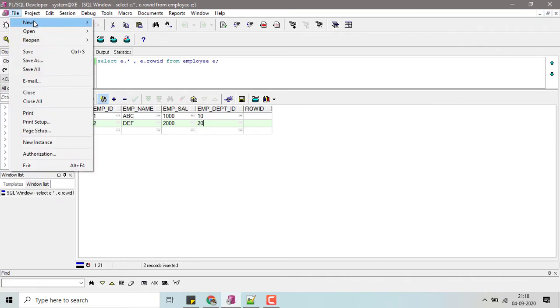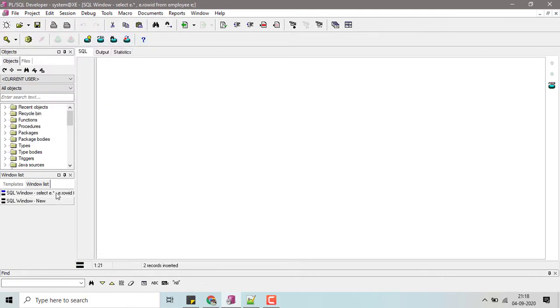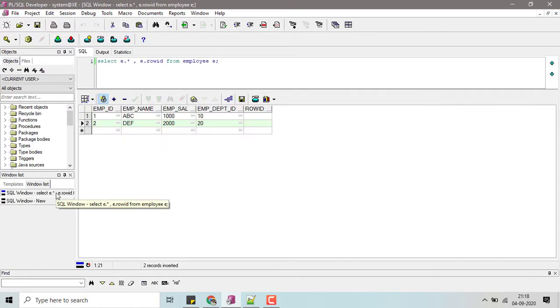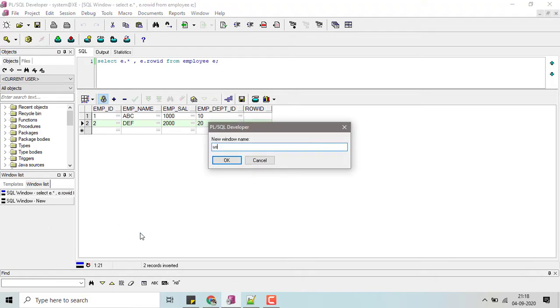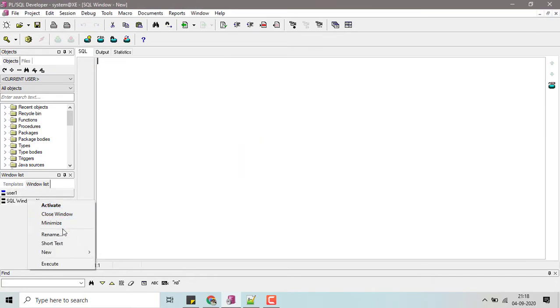In PL/SQL Developer with Oracle, multiple users can access the same database at a time. Let's consider this first window represents user 1. I will just rename it. The second window is accessed by user 2.